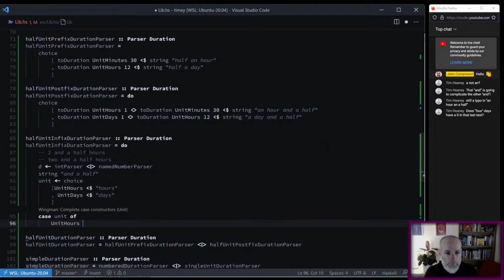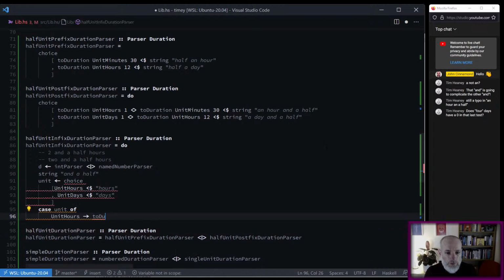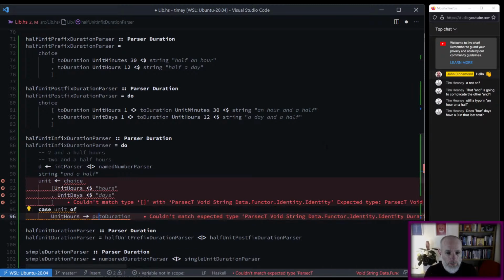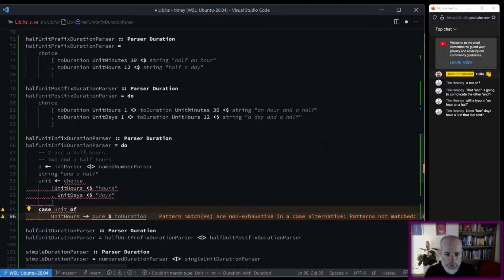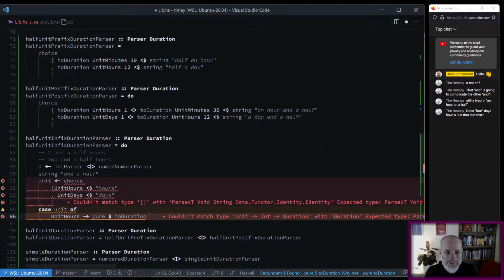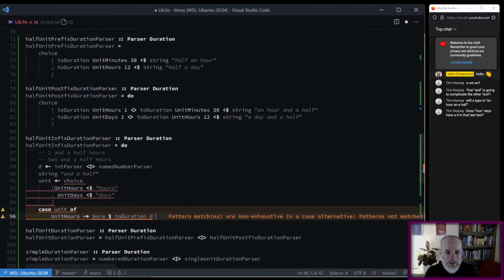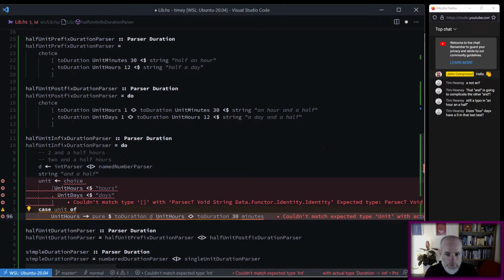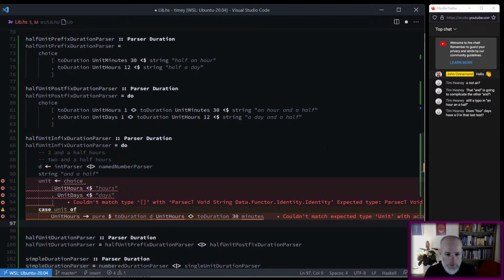And that's going to give us to duration, pure to duration d unit hours joined with to duration 30 minutes. Okay, and then